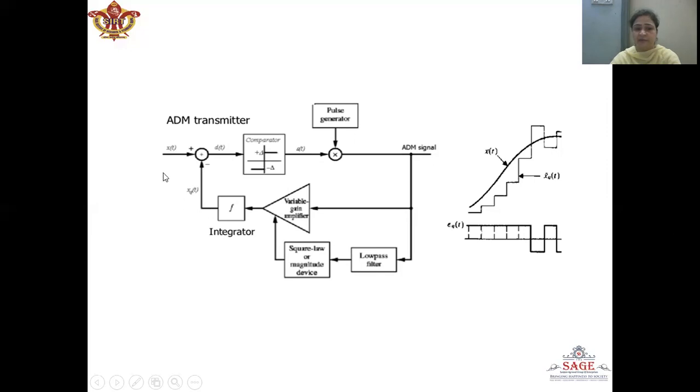Now, it will be given to the integrator, which will add it to the previous sample, and the next sample will come and both values will be compared. This is how the value of xq(t) will try to pick up the value of x(t), which will be shown in this figure. So here we can see that when the error sample is positive for many samples, there will be an increase in the step size,